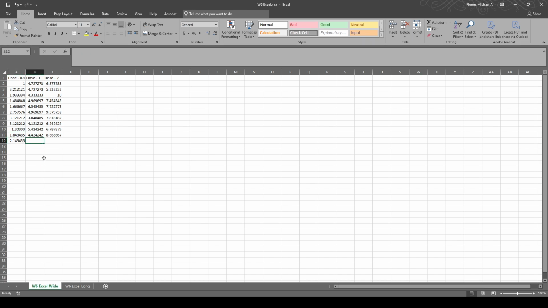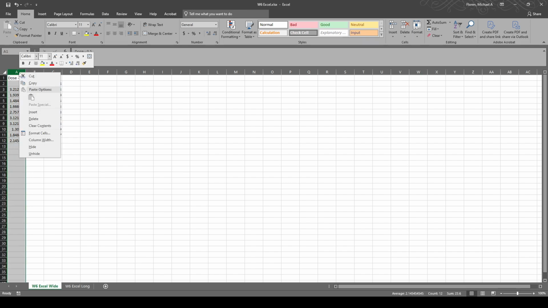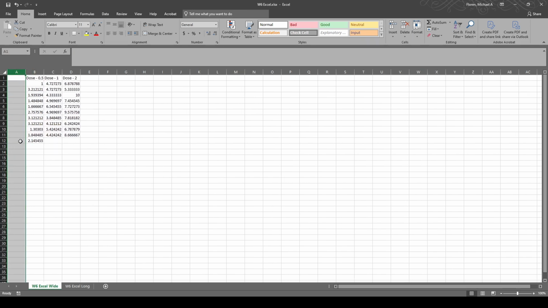It's going to be that last row. Now I'm seeing actually this is a little bit complex, so I'm going to insert a new column and write average next to this so I don't forget that this last row represents the average. All right, now I'm going to do the same process for the next one. I can click the bottom right, or when I highlight the cell, I can scroll my mouse over until it turns into this dark black cross, and then click that and drag over to have the formula copy and update with the updated